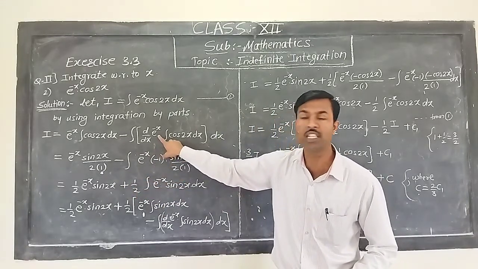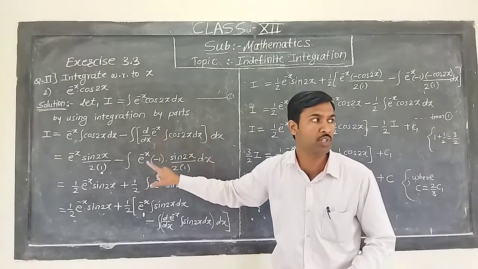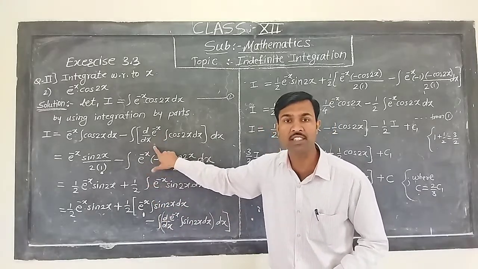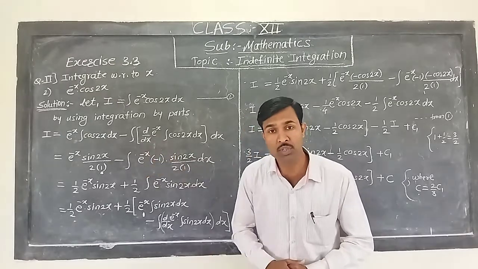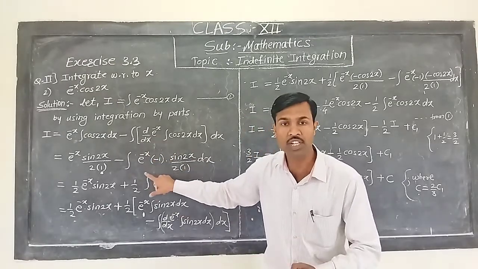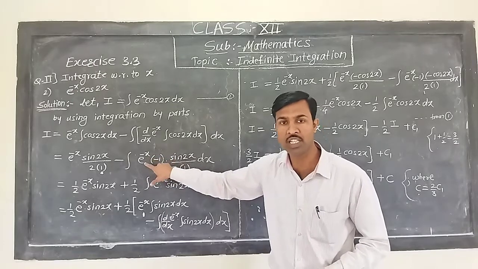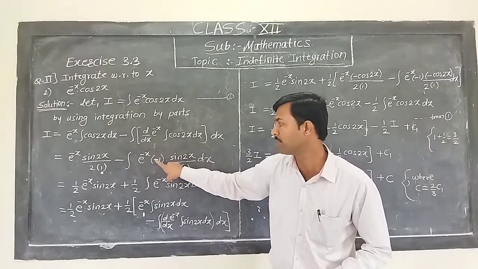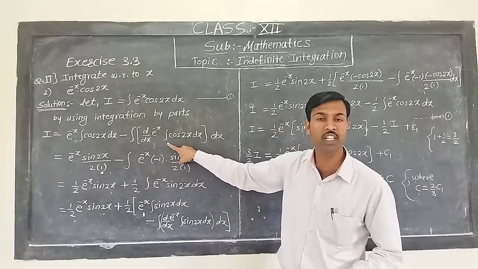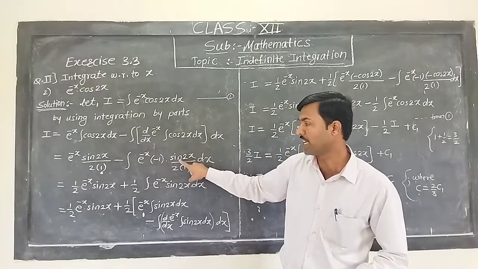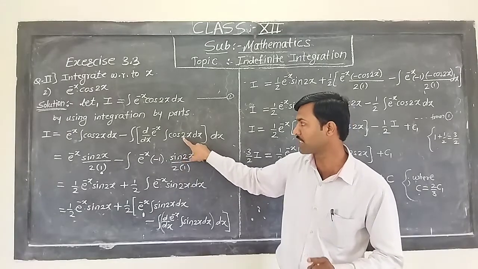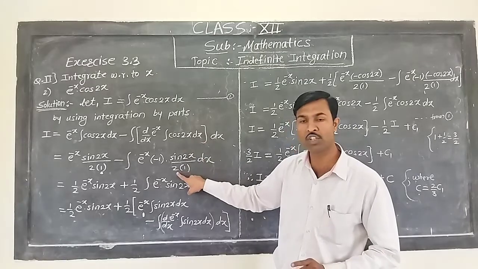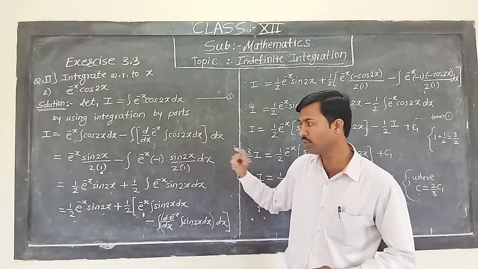Here is the derivative of e raised to minus x. The derivative of the exponential function remains as it is, that is, the derivative of e raised to minus x is e raised to minus x. But it is minus x, a composite function. So while differentiating, we have to multiply by the derivative of minus x, and the derivative of minus x is minus 1. Into the integration of cos 2x dx, which is sine 2x, but it is 2x, so after differentiating 2x in the denominator, it is 2, into dx.